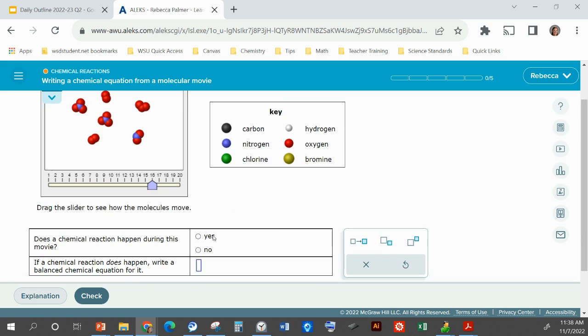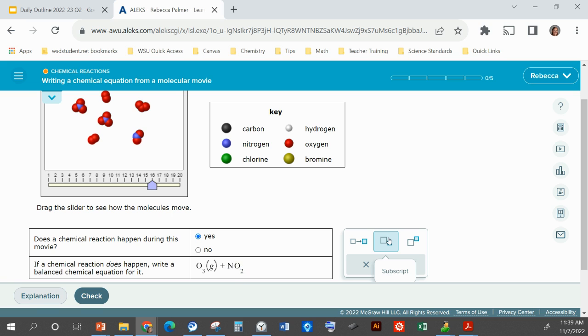So when I type this in here, I'm going to say, yes, this one has a chemical reaction, and then my balanced chemical reaction would be, it doesn't matter the order, so I'm just going to put O subscript 3 plus NO2, and I have to put the phase, parentheses gas. NO2 is the next one, gas. This is also gas. I think they might all be gases on this problem, so just kind of watch out for that. O2